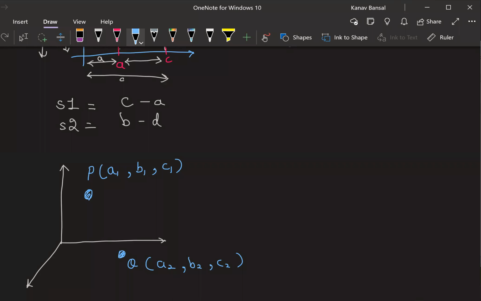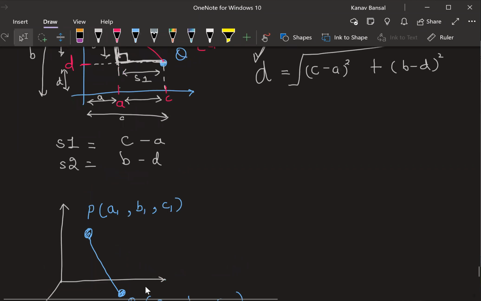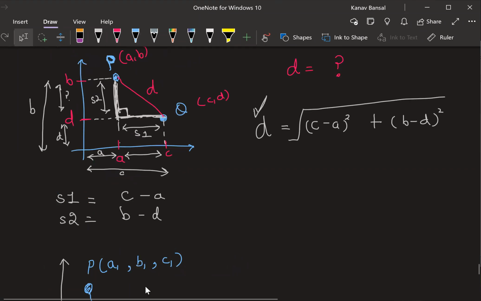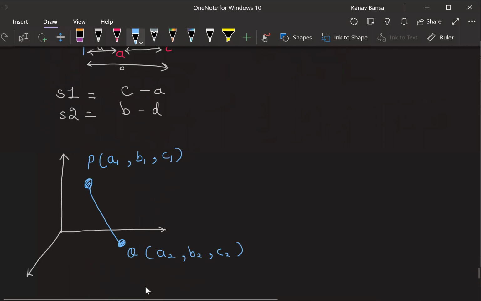Now, what I want to do is calculate the distance between these 2 points in 3 dimensions. What I can do is let's go back to our previous example. What I did in this previous example, I took one component of the first point, I subtracted it with the first component of the second point, right? Similarly, I took another component of this point, I subtracted it with this component of the other point. And I took the square and I added this entire thing. Now we have how many components? Now we have 3 components.